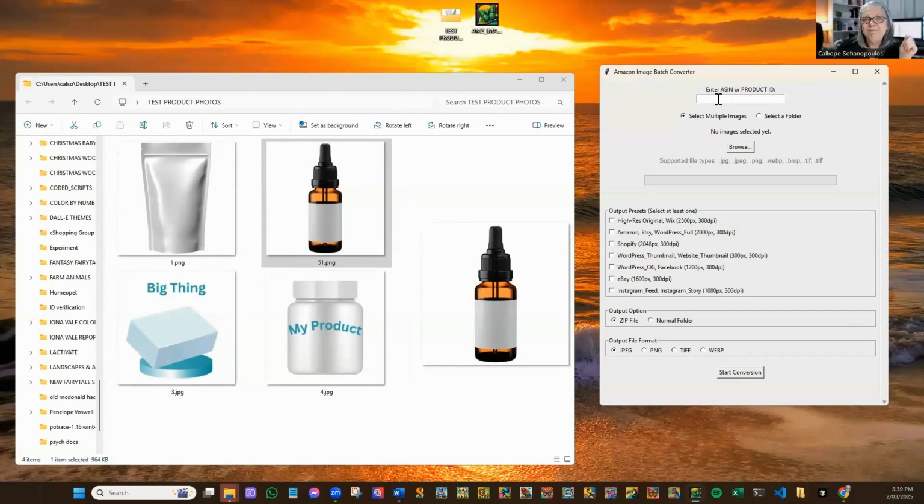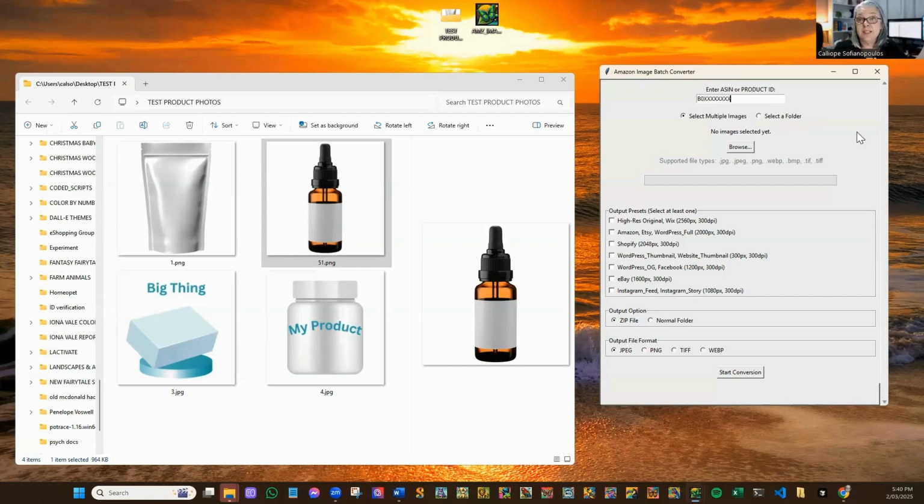As you can see, this has been made specifically for Amazon, and it does ask you for an ASIN, but in place of the ASIN, if you were going to do something similar for eBay, your website, etc., and you wanted to name all those images with something, whether it's a product ID or a short name of the actual product, so you'd want to put something like big blue box there, you can do it. Otherwise, what you do is you go in there and you type B0